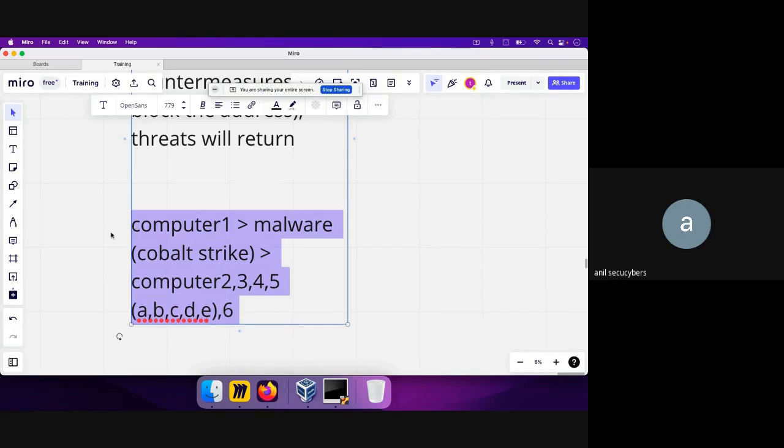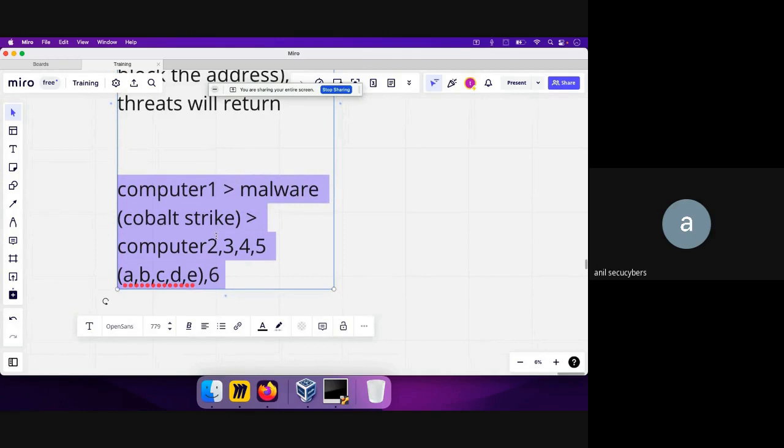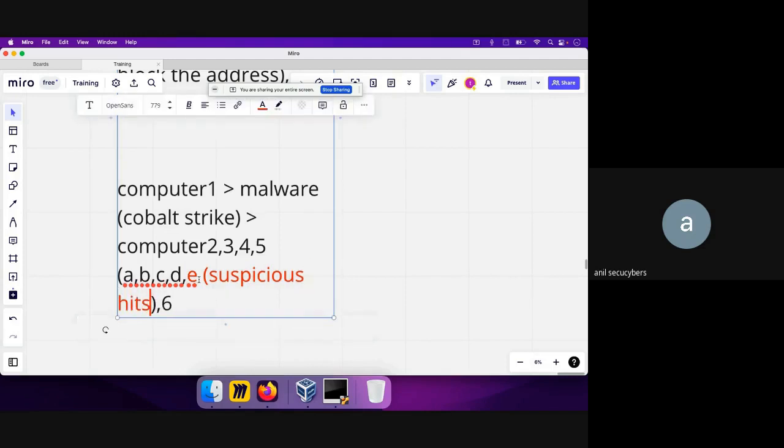We found out the malware had gone from here to all of them, but there was one thing. We had the network logs that said that the computer E was also somehow visited by the attacker. But when we looked at the computer E, we didn't find any suspicious hits in it, no malware, nothing in that. Okay, so